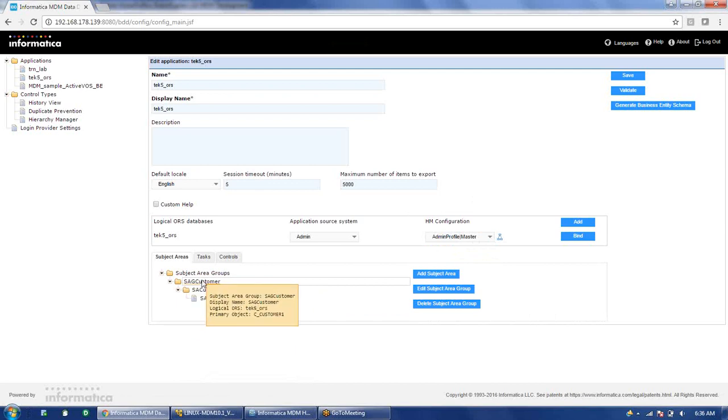So yesterday we had created these three. Today we will create one more subject area. So subject area group and subject area have to be created for each and every base object that we have, all the base objects and lookup tables that we have created. For everything we have to create at least these two. And other than that, the subject area child and the grandchild will depend on the business. If the business wants to see other details also, he can say that I want the address also and other tables.